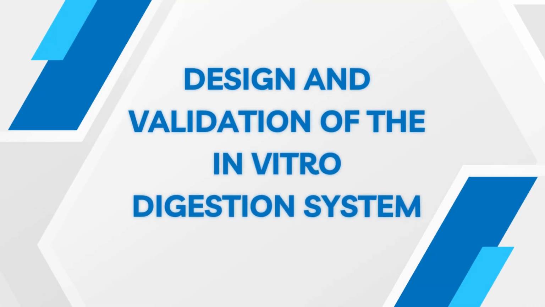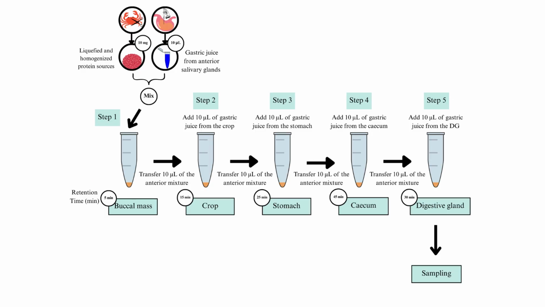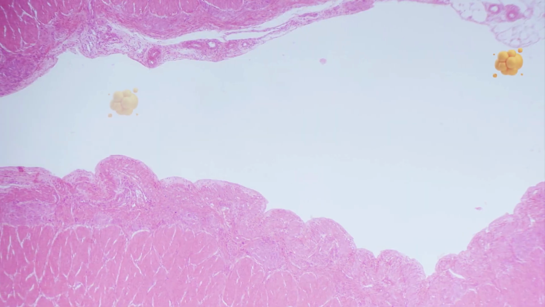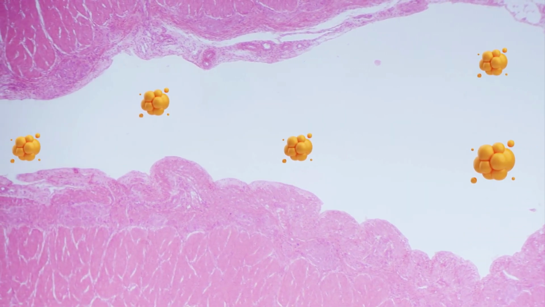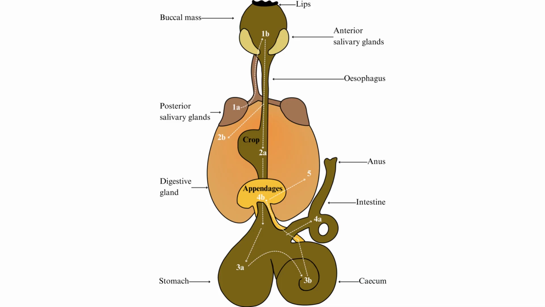Design and validation of the in vitro digestion system. To reproduce the digestive process under controlled conditions and evaluate nutrient release, we developed a 5-stage static in vitro digestion model designed to simulate the physiological transit of food in Octopus maya. The system uses gastric juices extracted from different sections of the digestive tract: anterior salivary glands, crop, stomach, caecum, and